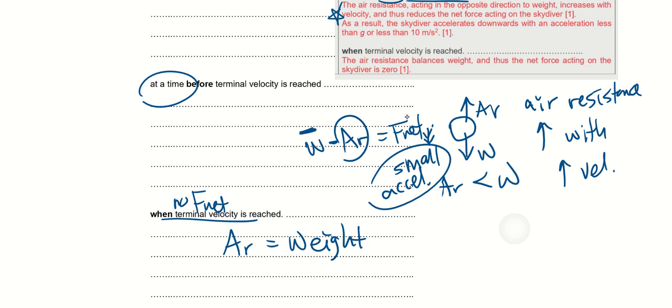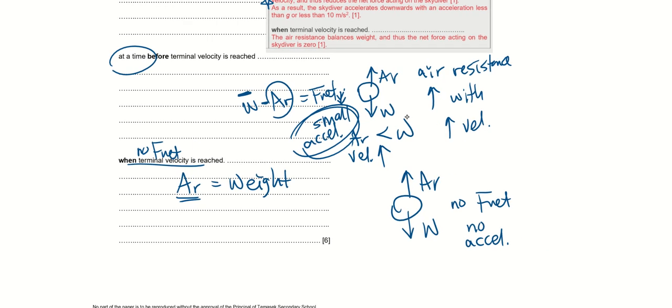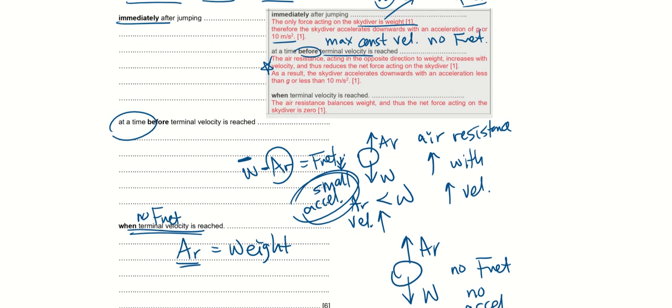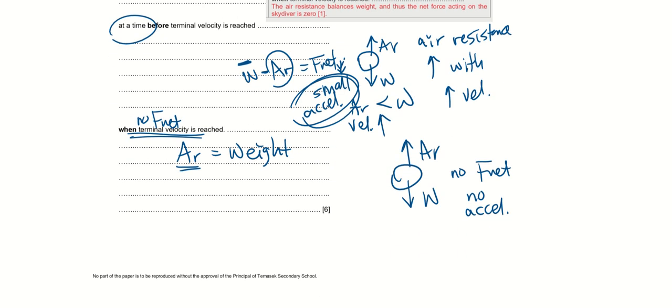Because previously there was a small acceleration, that means the velocity will continue to increase. So it will increase, and therefore air resistance increases with velocity increasing. It will reach a point whereby your air resistance is equal in magnitude but opposite in direction to your weight. Therefore, there's no longer a F net, therefore no acceleration, and that's why he reaches terminal velocity. Because the question specifically asks for in terms of acceleration and forces, you need to analyze in terms of forces and therefore the acceleration. Okay,